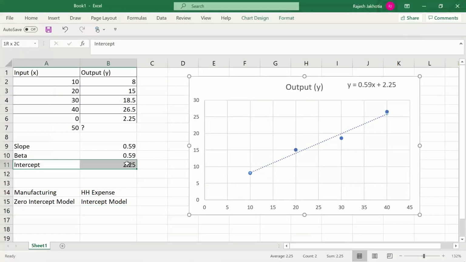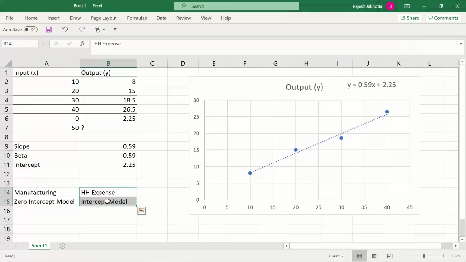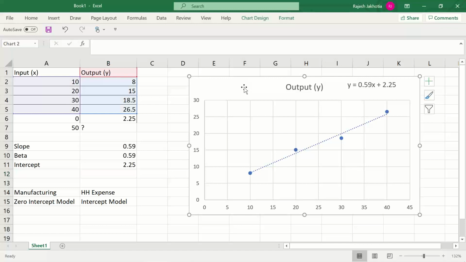Okay, so here I have explained two important concepts. I have explained the intercept. There are certain scenarios where we definitely have a baseline, so that baseline is considered as an intercept. And there are scenarios where you require zero intercept, for example manufacturing, where you're trying to predict production. I hope those who are watching the videos are able to do this part of linear regression in Excel. In case you have not been able to do it, then you should pause, rewind, and see the video.